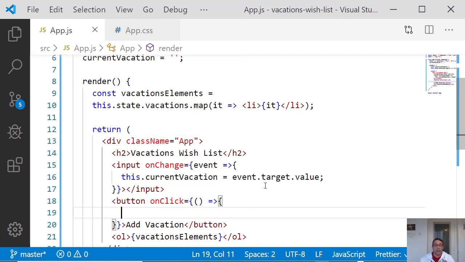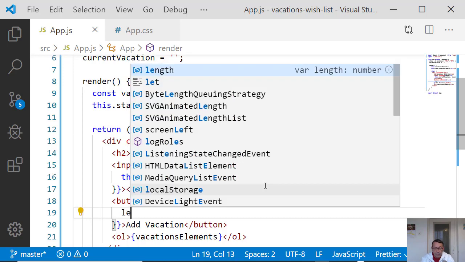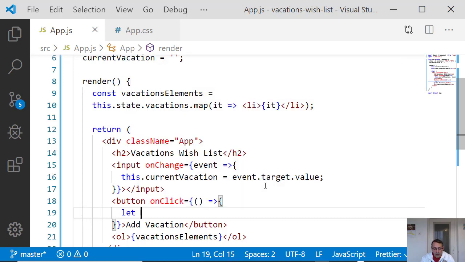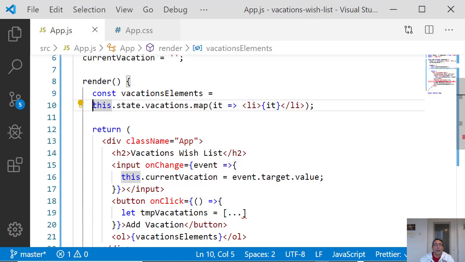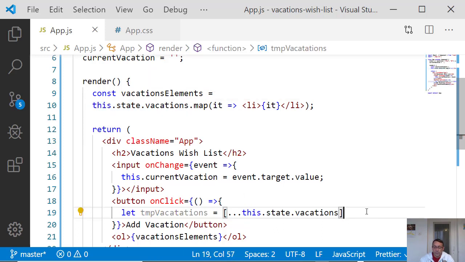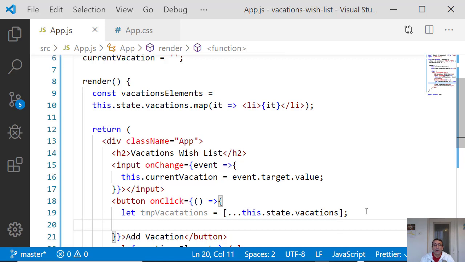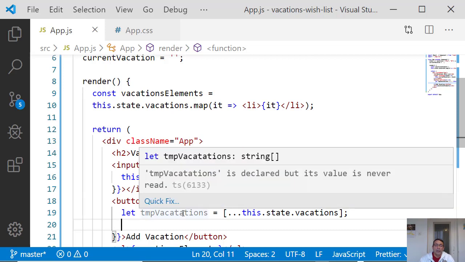So what I'm doing first is creating temp vacations, and I am copying this here, and now I will add